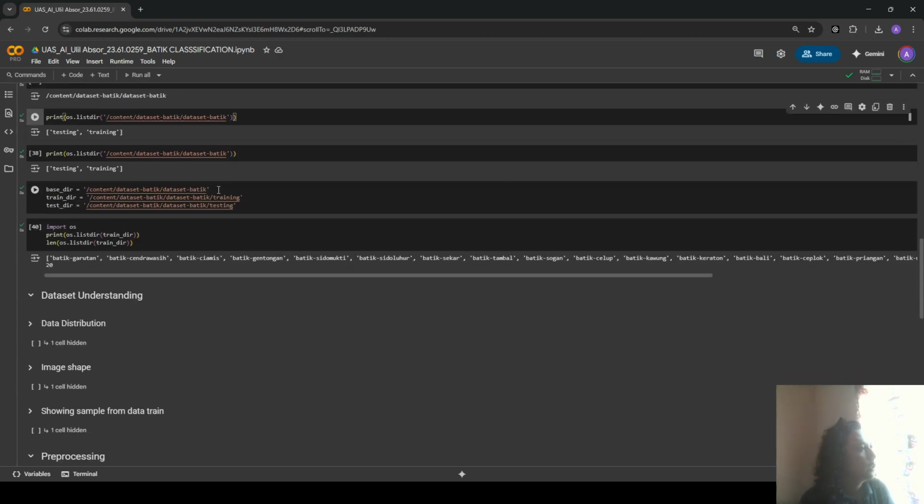And I divide the files into the base directory, train directory, and the test directory.